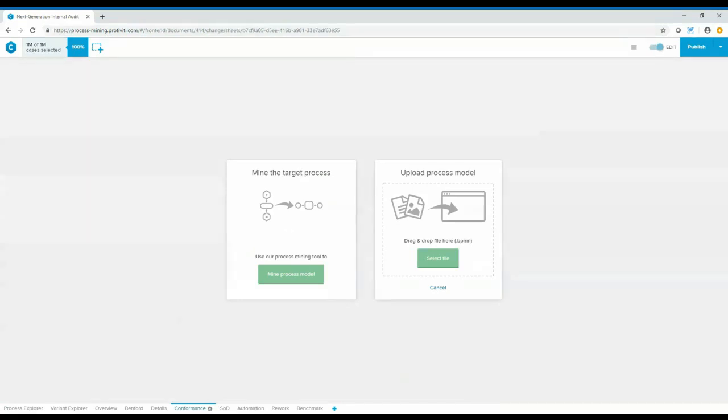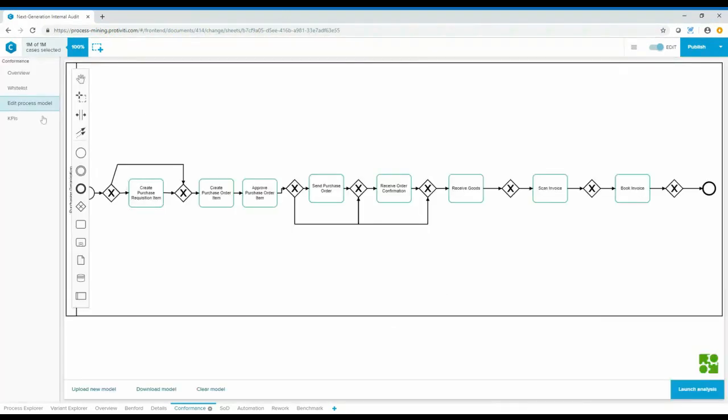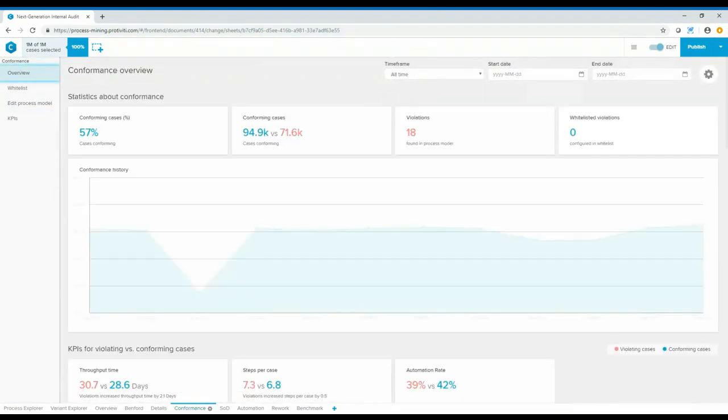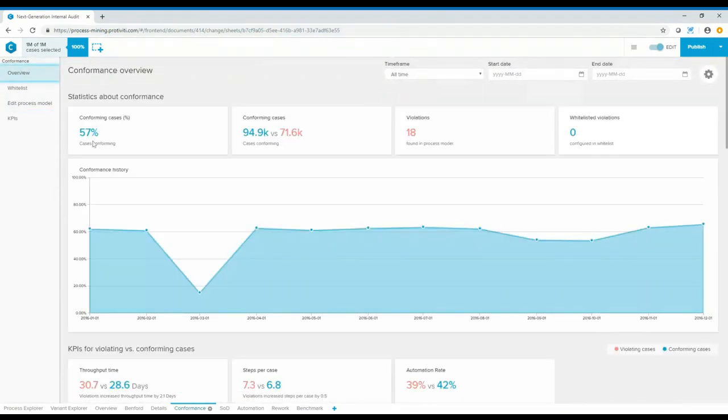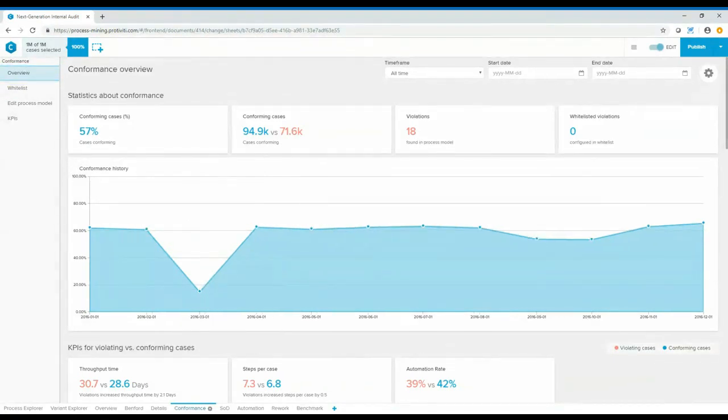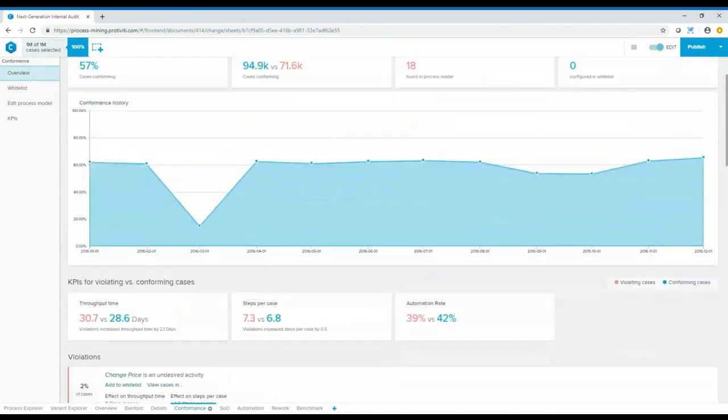And if you happen to have a couple of variants that you think are your preferred pathways for data to flow through, you can define those as your target processes. So once you've defined your model, you can overlay that to the data. And here we see we've got a 57% conformance rate in our transaction set. We've got a real dip in our conformance in sort of month 3, the end of Q1, calendar Q1.